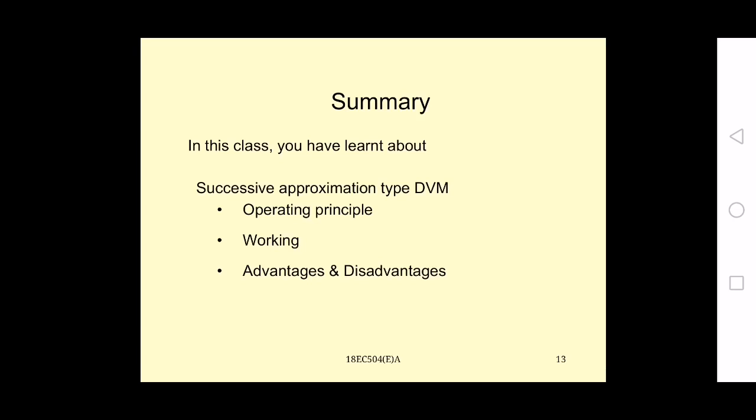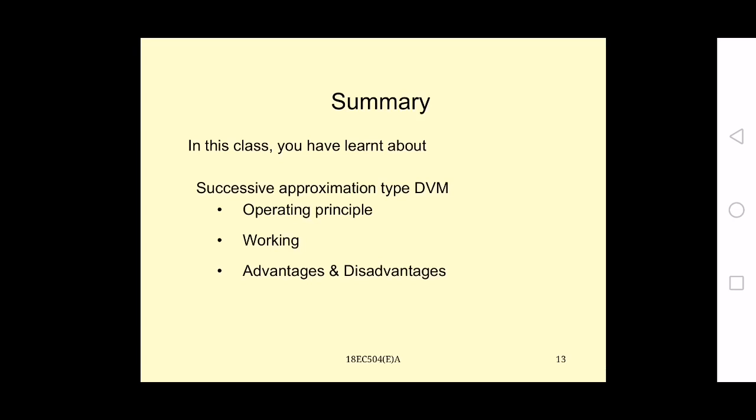So in summary, we have discussed the operating principle, block diagram, working, and advantages and disadvantages. So what are the advantages? It takes thousands of measurements in 1 second, and it takes n clock cycles to complete n bit measurements. That is, if you have 4 bits, it will take 4 clock cycles. If you are measuring 8 bits, it will take 8 clock pulses to get the final approximation result, and it can allow 1000 readings per second.